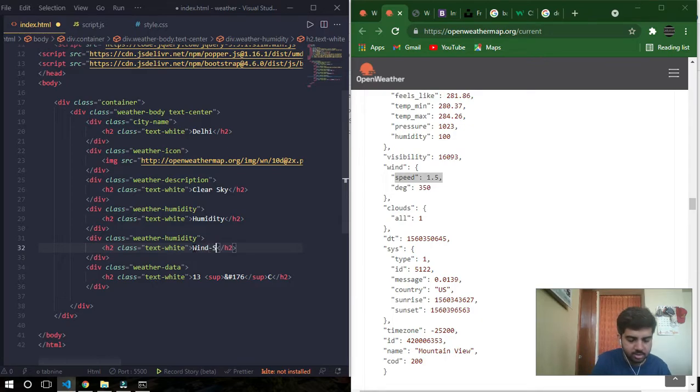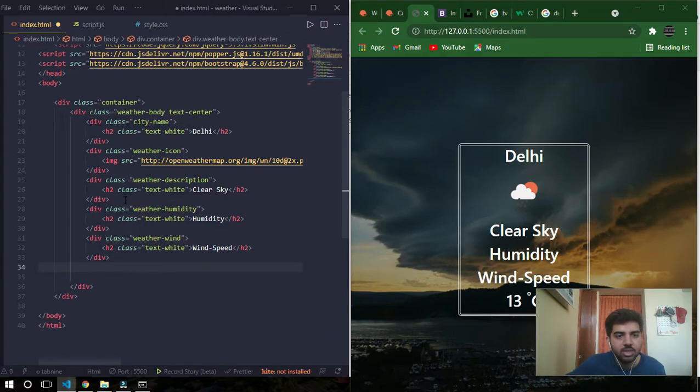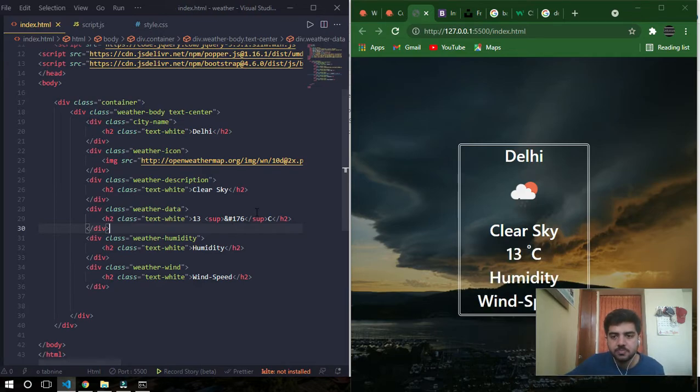Wind speed. Then here weather, wind. So we are getting Delhi, clear sky, humidity, but first we need this weather, which is the most important of all. So let's put it after clear sky. Then humidity, wind speed, and